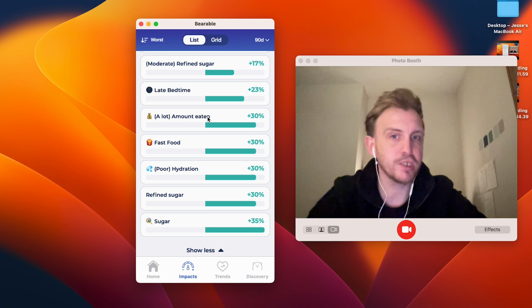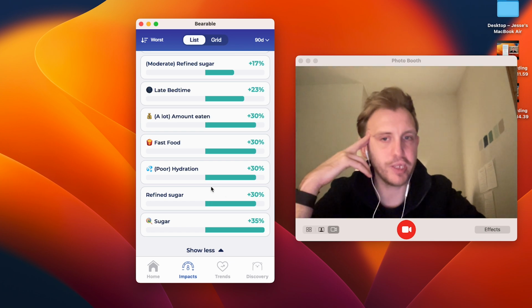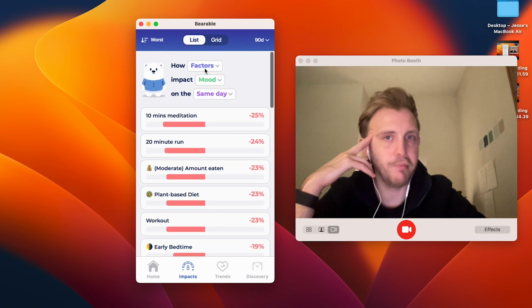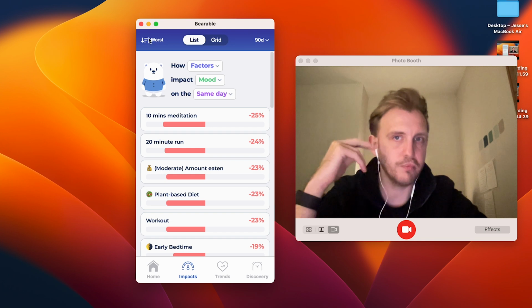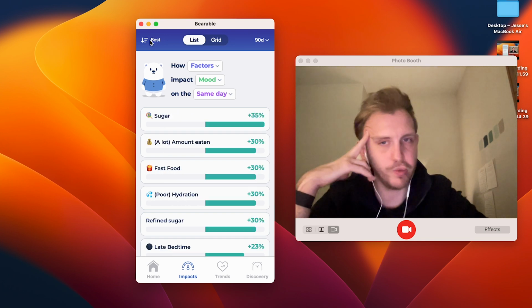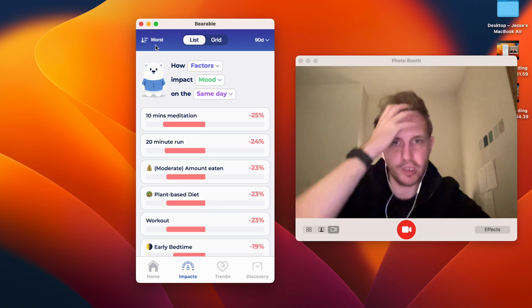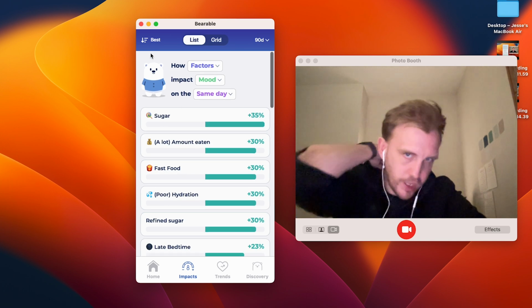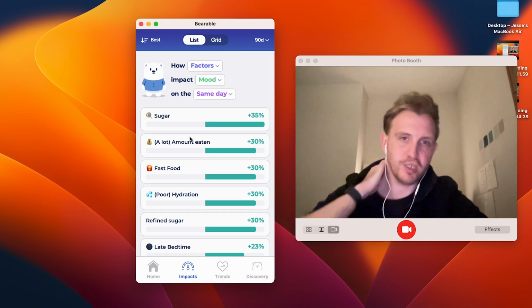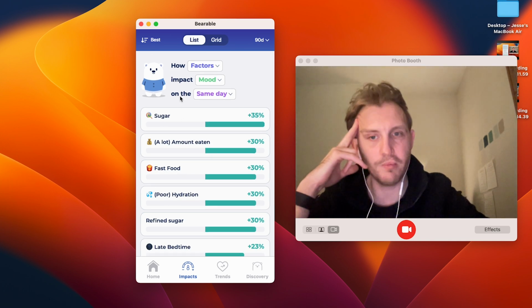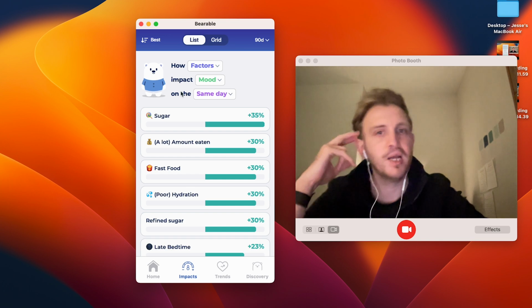And then go find out what's going to help with that thing or that metric this week by using your Impacts tab to dial into the things that improve and worsen it. You can also switch between improve and worsen, best and worst on this as well. I tend to like to sort with the best at the top. I prefer to see the things that help rather than the things that don't help. I think as well,